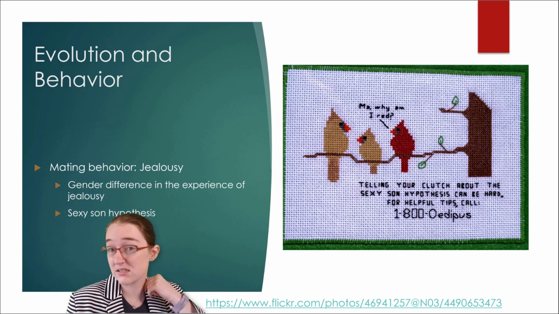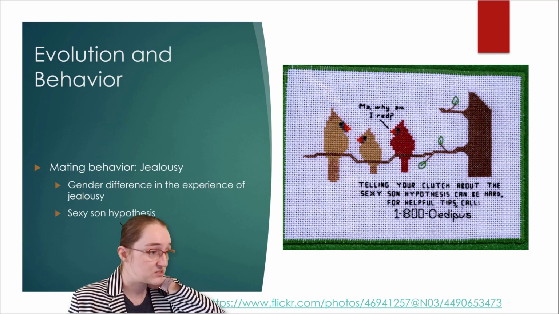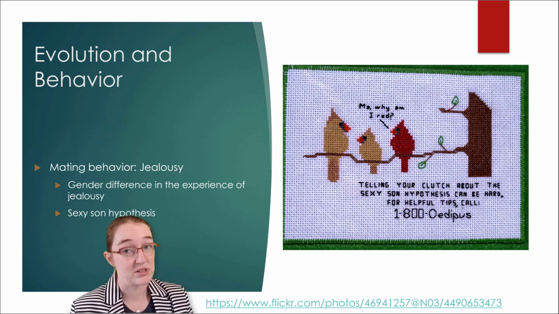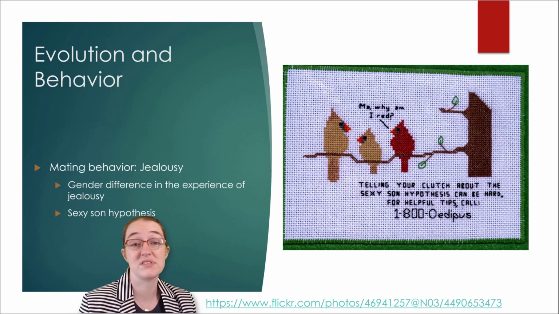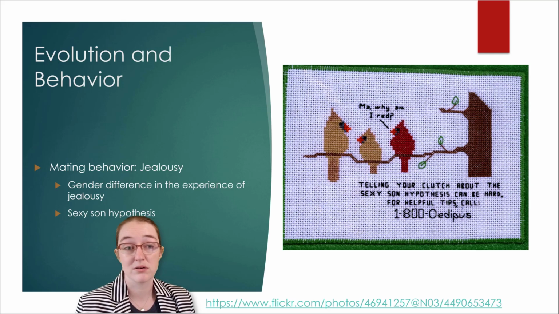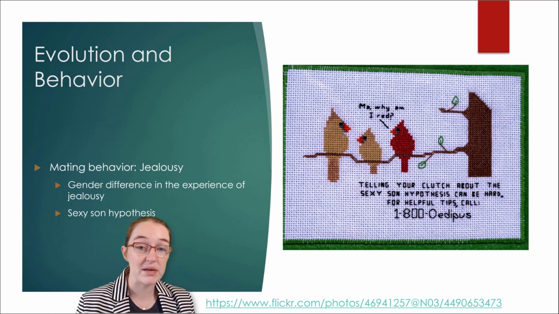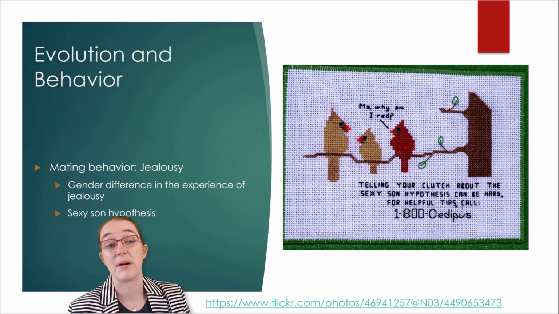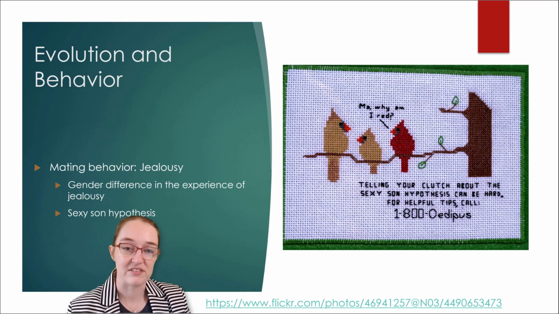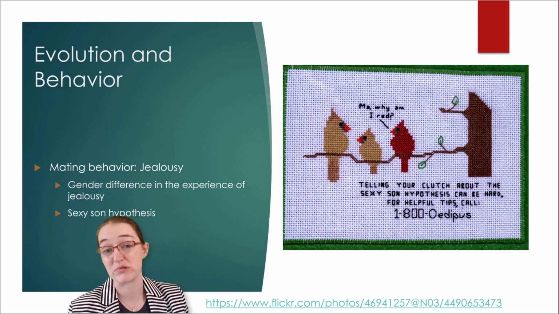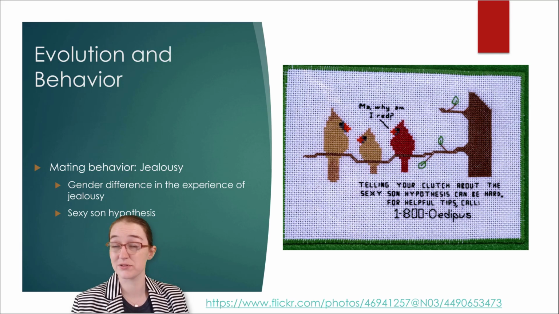Alright, this is the last little smidge. So there are gender differences in mating behavior and in the experience of jealousy. Men report that they are more upset by the idea of sexual infidelity, like their woman hooking up with someone else, while women are more concerned, relatively speaking, about emotional infidelity. But still, 55% of men would be more upset by imagining their partner falling in love, so it's still the majority,